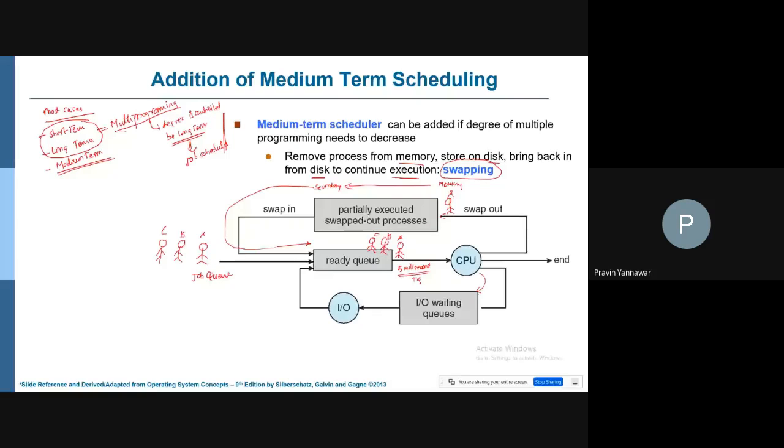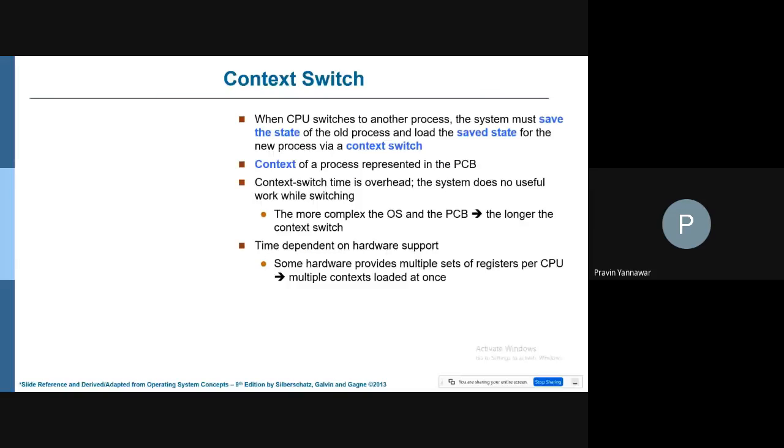Okay, so whatever the processes that are created by job schedulers are being handled by short-term schedulers, so they will go hand in hand. So this you have to think of. Now the interesting point is, whenever we say that the task is being shifted, we have understood that the process state diagram is something like this.